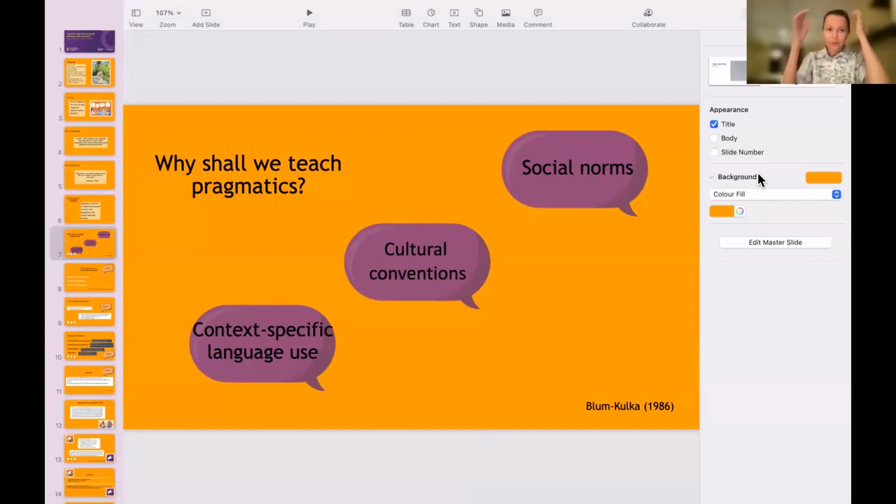Okay. So let's talk about the reasons why we should teach pragmatics. Educators should teach pragmatics because it is an essential component of communicative competence, which is the ability to use language effectively in social contexts. So pragmatic knowledge includes